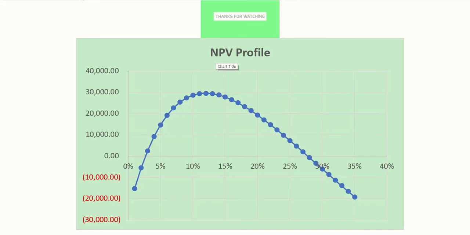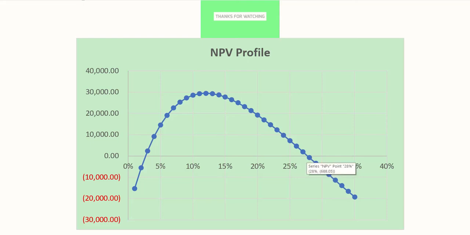This is the NPV profile. We have plotted all those values that we just calculated, and you can see that it has a positive relationship initially, which is unusual, but then this is a negative slope of NPV, the relationship that we have been studying before. This is the point where NPV is 0. This is another point where NPV is 0. This means that we have two IRRs, and this IRR is between 2 and 3%,